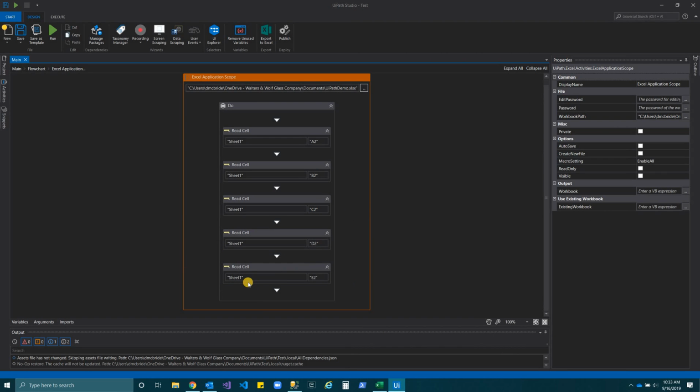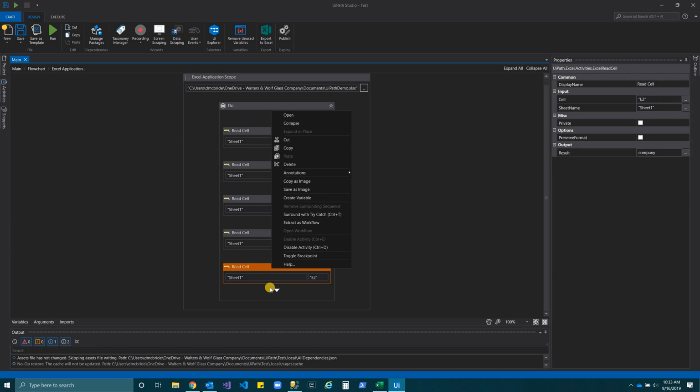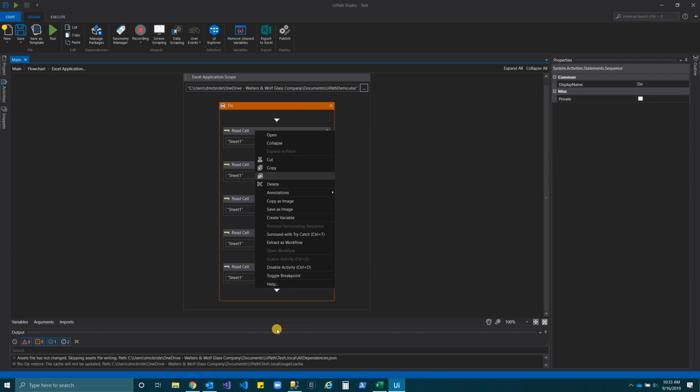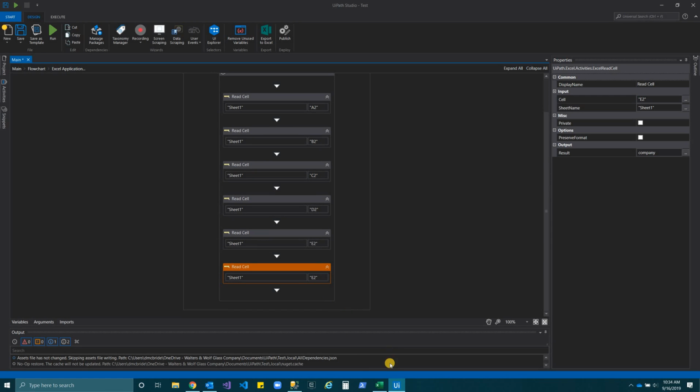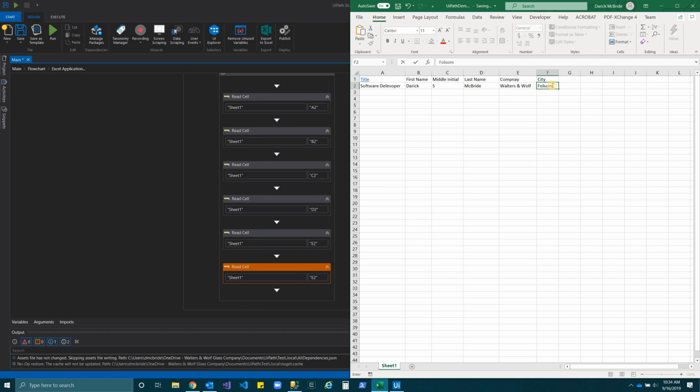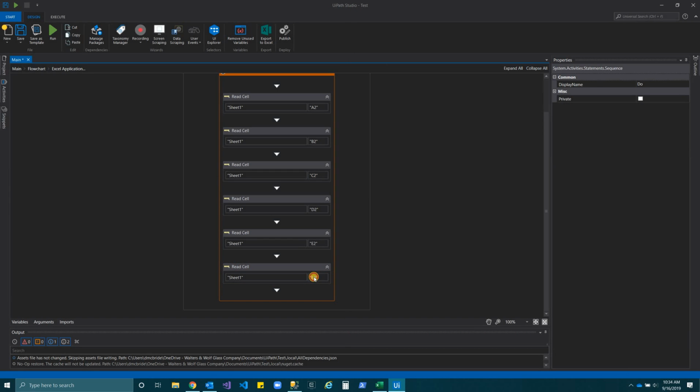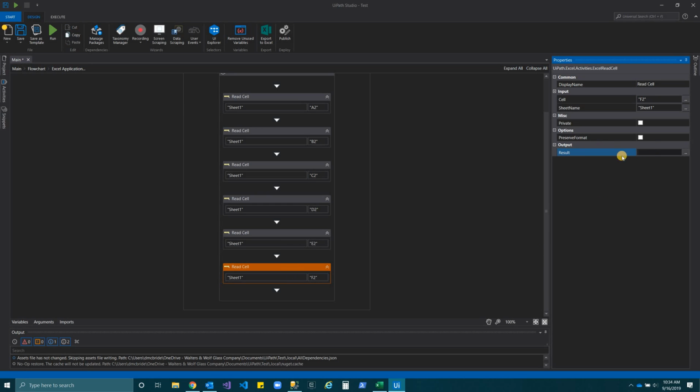Now, to add a feature here, we're just going to copy this because we're already getting a field. We want to change the E2 to D2 or F2, because that will grab the city field. And it's not going to be the company. Now we're going to create a variable by right-clicking, create variable, and call it city. So now we created a variable named city, and that's going to be the output for this read cell